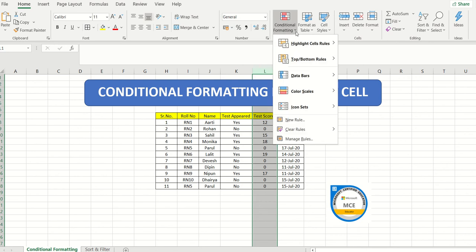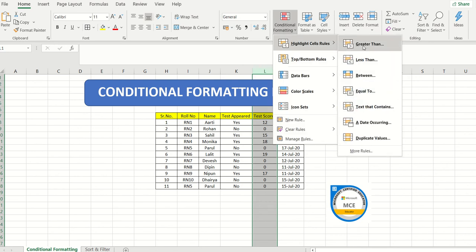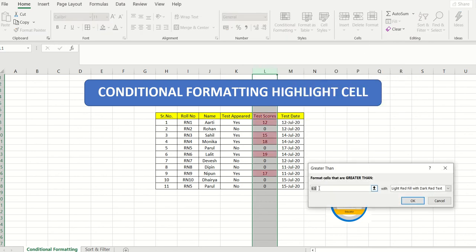I went ahead, I've selected the conditional formatting, I will select greater than, and then I will be punching in my value over here. And I need this data to tell me how many students have scored greater than 12. So I'm going to punch in my number over here, greater than 12, and over here it's up to me which particular thing that I need to do.